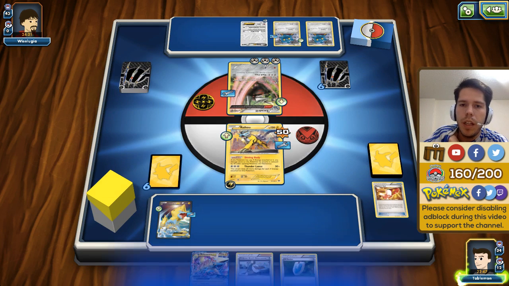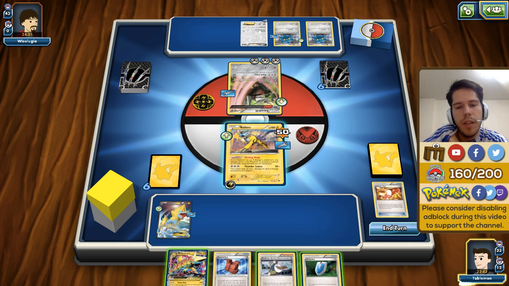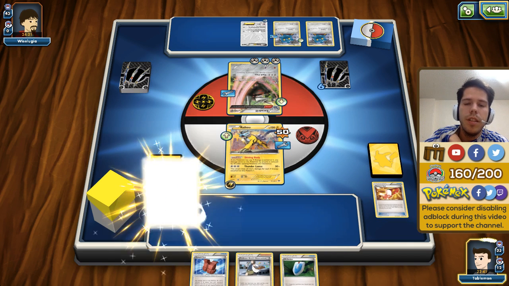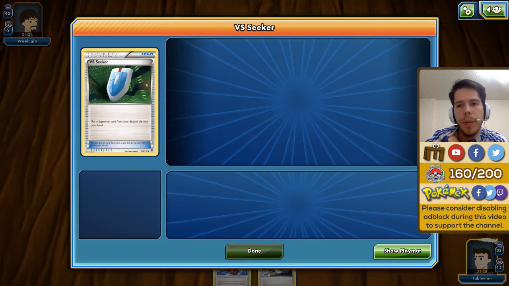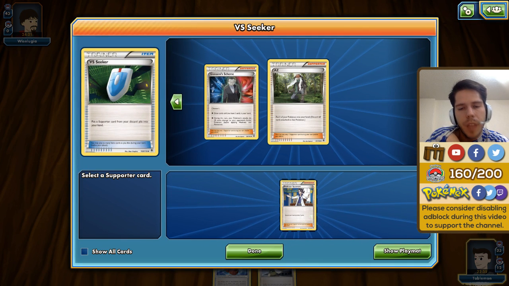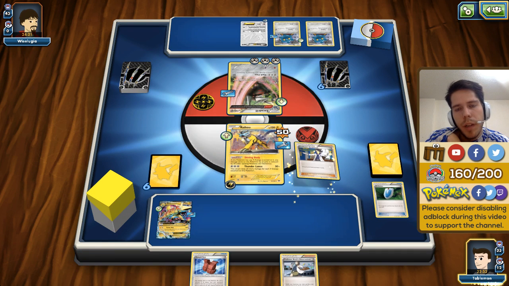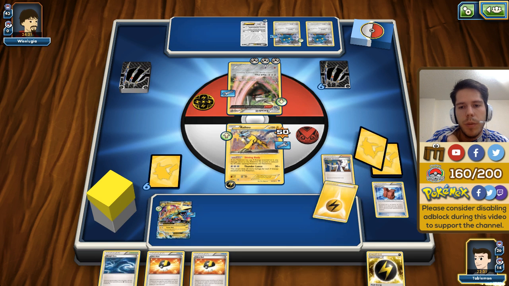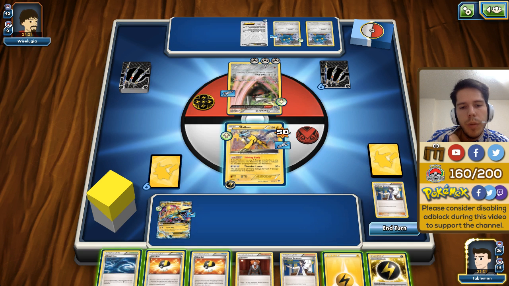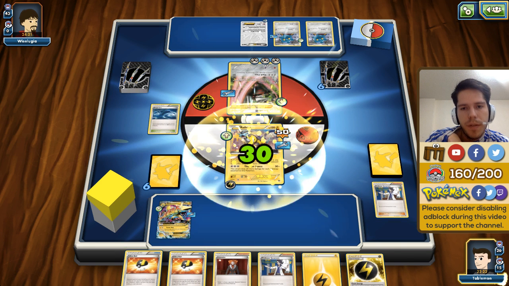So we might be in a little bit of trouble, but Excadrill does have 110 HP. So as long as the energies flow right now, as long as I'm able to power up 1 Mega Manectric, I don't foresee this becoming a problem. He will KO Raikou, but a single energy attachment, I think, will mean game, most likely. And we even get the Rough Seas, which will not save our Raikou